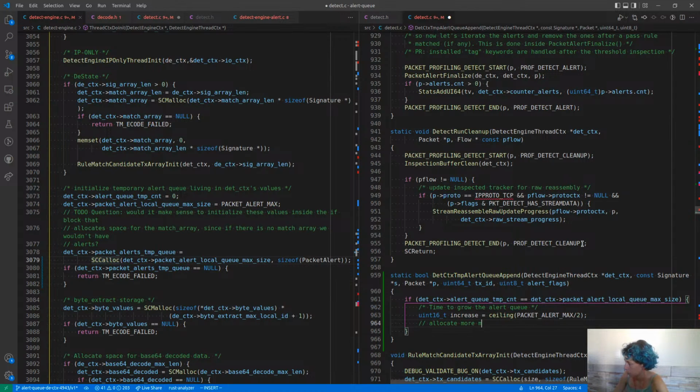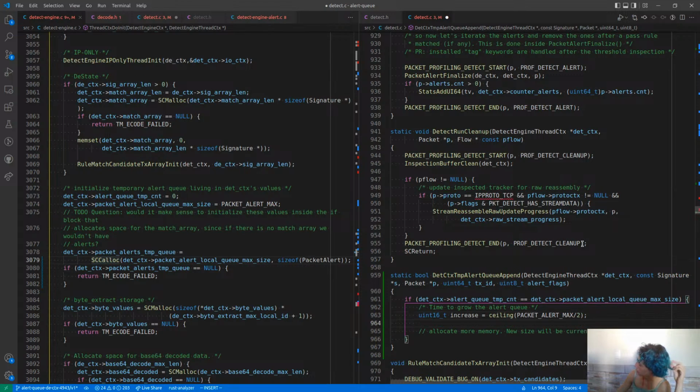Allocate more memory. New size will be current queue plus new memory. So I think I can say that